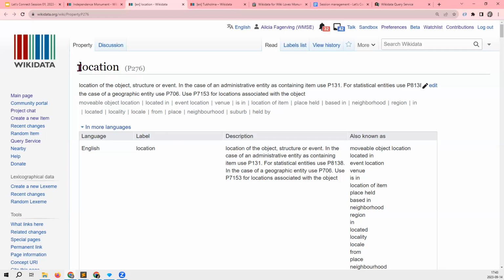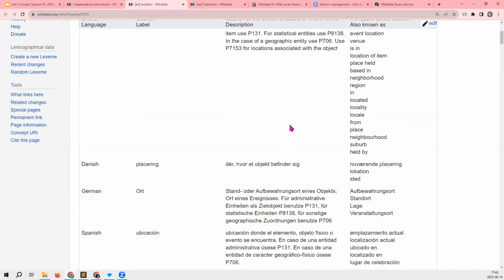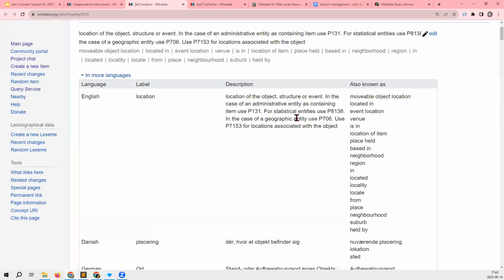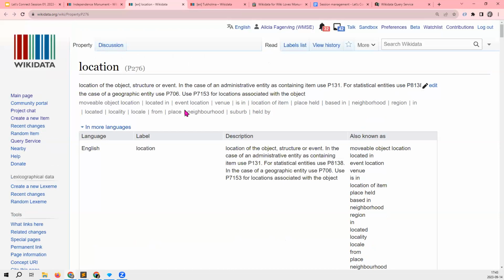And you see that I actually clicked on this property and went to its page in order to read and look at the description of it to understand better how it should be used. That is something that you can always do if you are unsure of what the scope of the property is or what the best way to use it is.